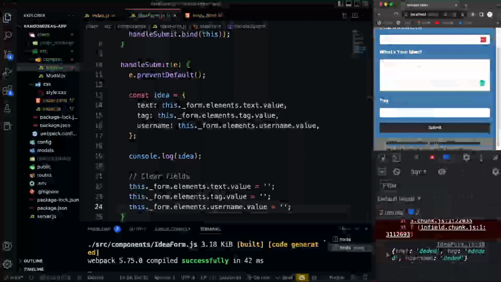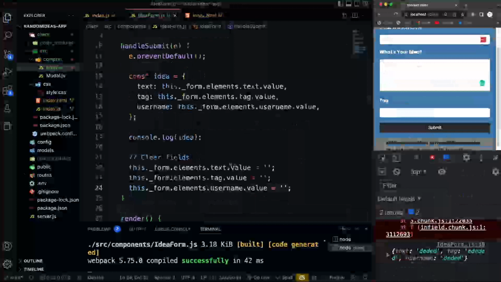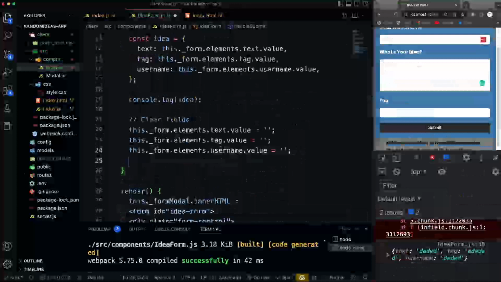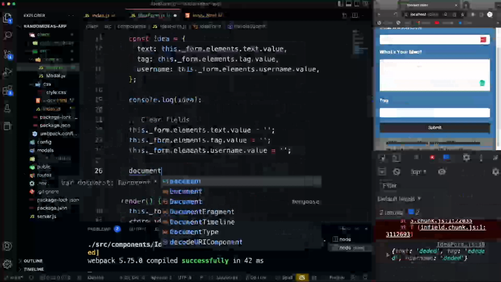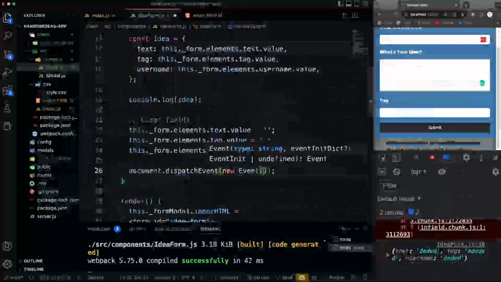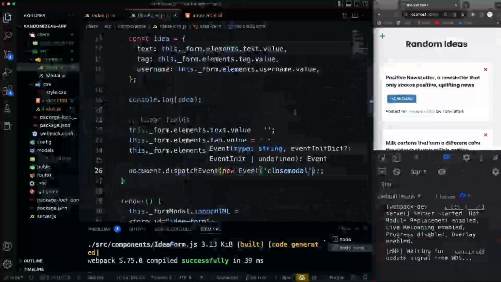Now for the modal, like I said, what we're going to do is dispatch a custom event. So on the document object, there's a method called dispatch event. So that's what we're going to do, let's go down here and let's say document dot dispatch event. And the way we do this is we say new event, and you can call this whatever you want. I'm going to call it close modal. Okay, so now what we need to do is basically listen for this event in our modal component. So let's go over there,